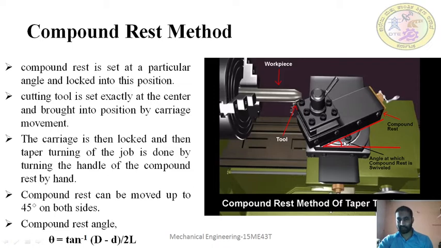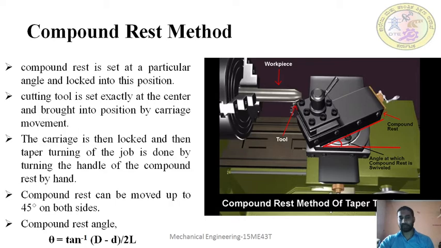So here we have angular measurement. The angle will be shown here on the compound rest. If you see the lathe machine, in the compound rest we can see the angles here. So the required angle will be set by loosening the nut of the compound rest. It will be loosened and set to the required angle. Then the tool is placed here. Now, instead of moving the carriage, it will be untouched. Now we have to move the compound rest